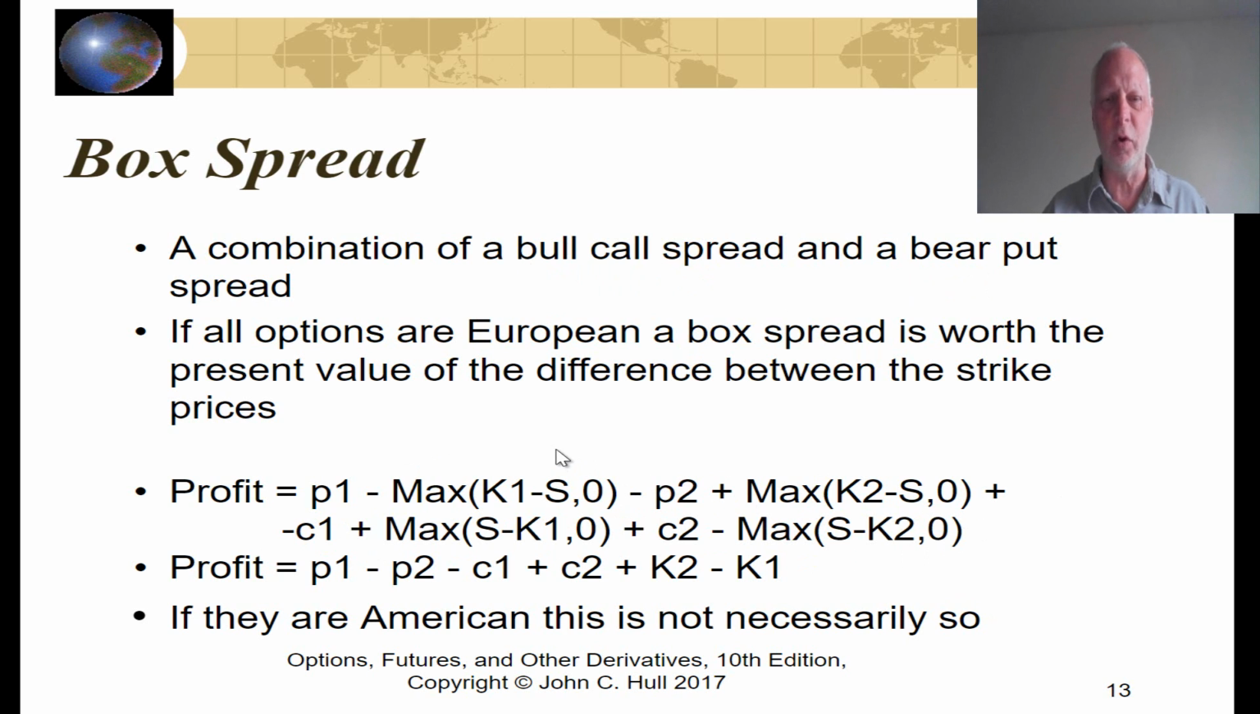If we examine this for all situations of the stock price being less than K1, of the stock price being between K1 and K2, and of the stock price being greater than K2, we will always get the difference between the cost of the put, the difference between the cost of the call, plus our payoff of K2 minus K1. Again, we can go through this in detail. If S is less than K1, this component right here pays off, this component here pays off, this component